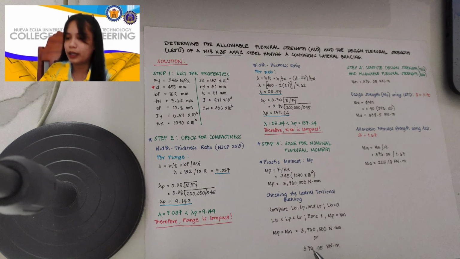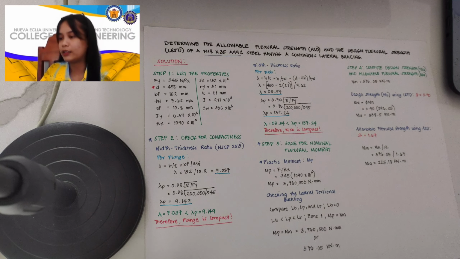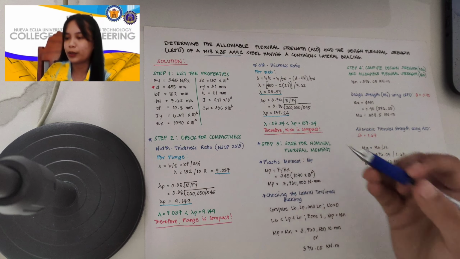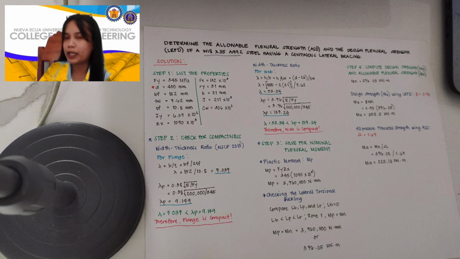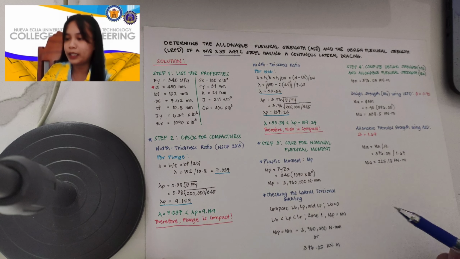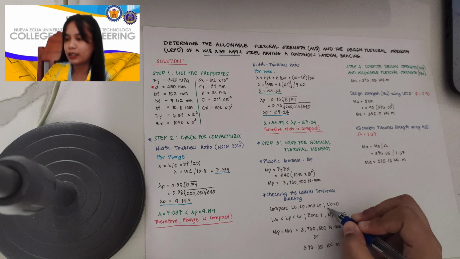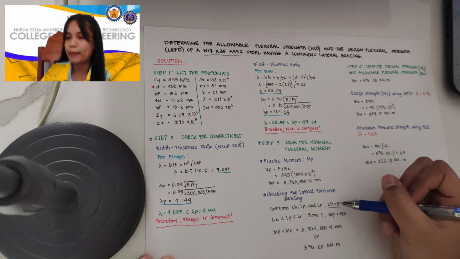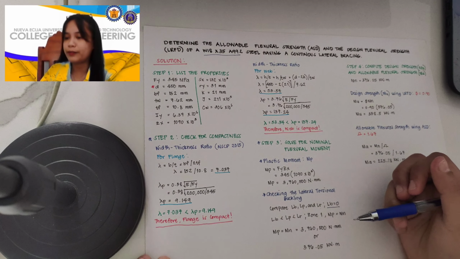So now, nakuha na natin yung plastic moment ng ating steel. So the next step is to compute the lateral torsional buckling. So meron tayong mga limitations na nakaset sa ating code, which is the NSCP 2015, which is to compare the LB, LP, and LR, where LB is the unbraced length, which is equal to 0. So based on 506.2.2